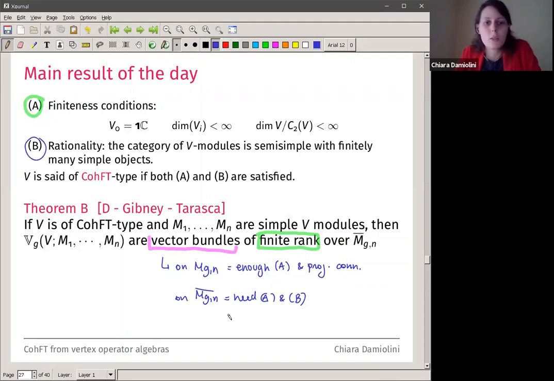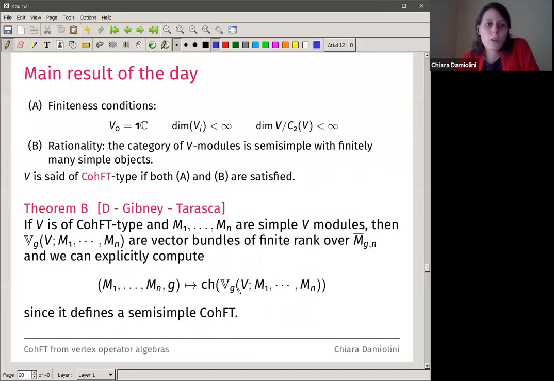And in particular, to show this, we use the sewing theorem, which is a refined version of the factorization theorem. And I will say a couple of words on factorization later. So to show that they are vector bundles and their finite rank is very important. And already the sewing theorem and the way in which we prove this are key ingredients to conclude the statement of the theorem